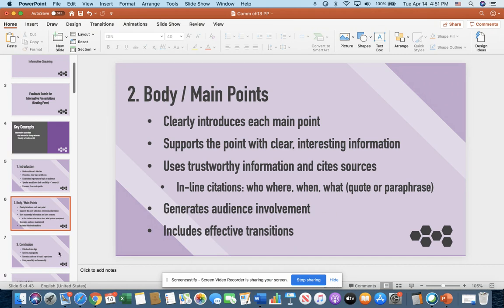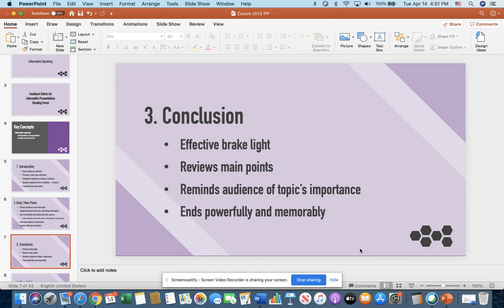Okay. So next, your conclusion. Now, I usually speak in terms of 2 items to do in the transition, but they give you a couple more. First of all, an effective brake light. Make sure everybody knows it's coming in for a landing. And the words, in conclusion. There aren't that many different phrases. In conclusion, to sum things up, we've talked today about this, this, and this, or finally, something that says very clearly, the end is in sight.